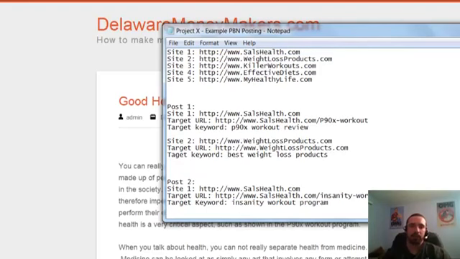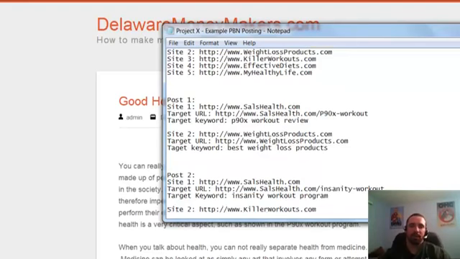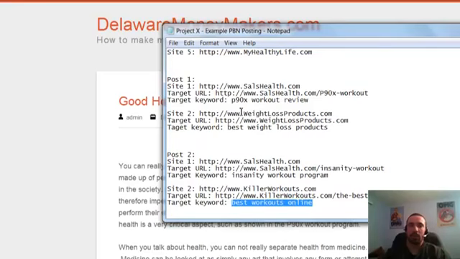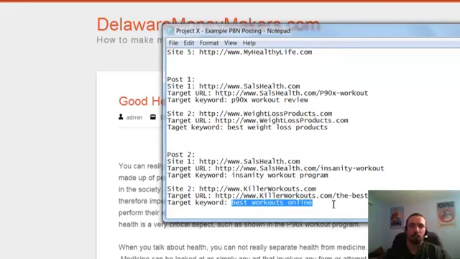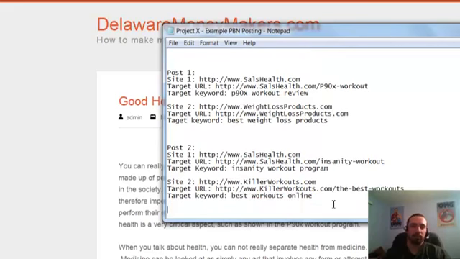how I don't create patterns. Okay, so again, since post 1 I linked to site 1 and 2, I'm not going to link to site 1 and 2 together again if I can help it. Maybe I'll link to site 1 and 3 this time, and then maybe 2 and 4, and then maybe 4 and 5, and then maybe 1 and 5, and then maybe 3 and 5, and then maybe just 1, then maybe just 5. So I mix it up like that, where I'm not constantly making the same post.